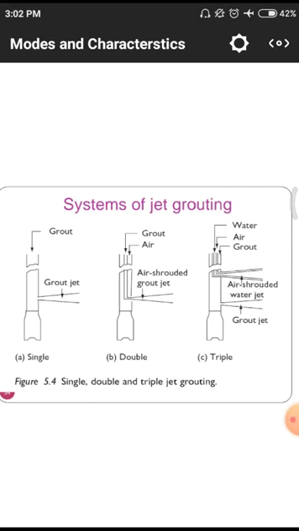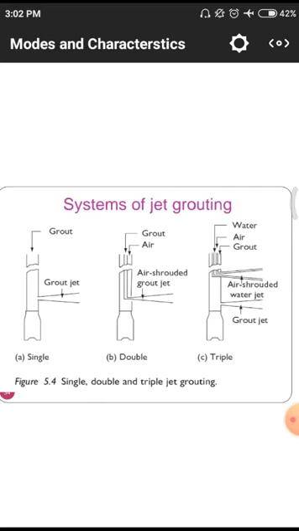Double grout means simply they are injecting this grout jet with the help of some quantity of air. On the top itself also they are simply pumping these grout materials with the help of air, so that from two holes they are injecting air. The purpose of injecting air is to get a quick flow of this grouting liquid at the end position.